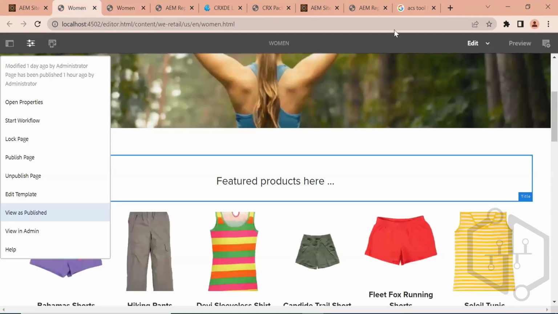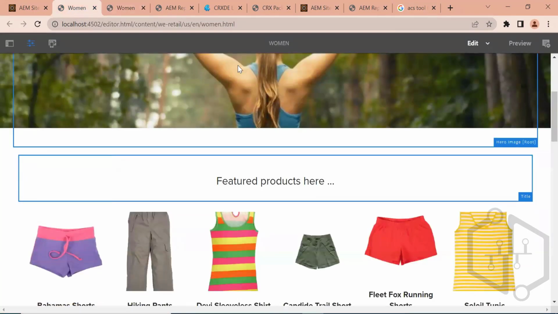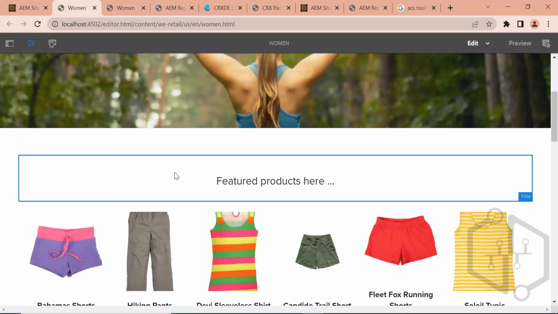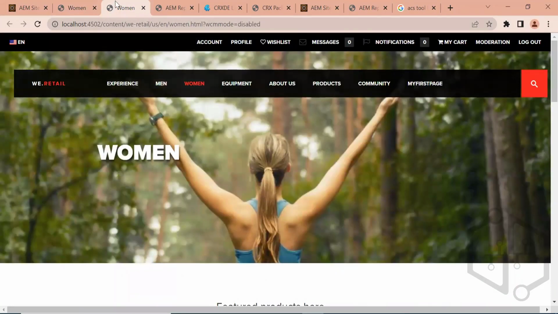So when I do the preview, behind the scenes, consider that we have made a check in the backend code, in some of the components: if the instance is equal to author, then display it in a certain manner, and else if the instance is equal to publish, then display the content in a different manner. Then, when we click on this,